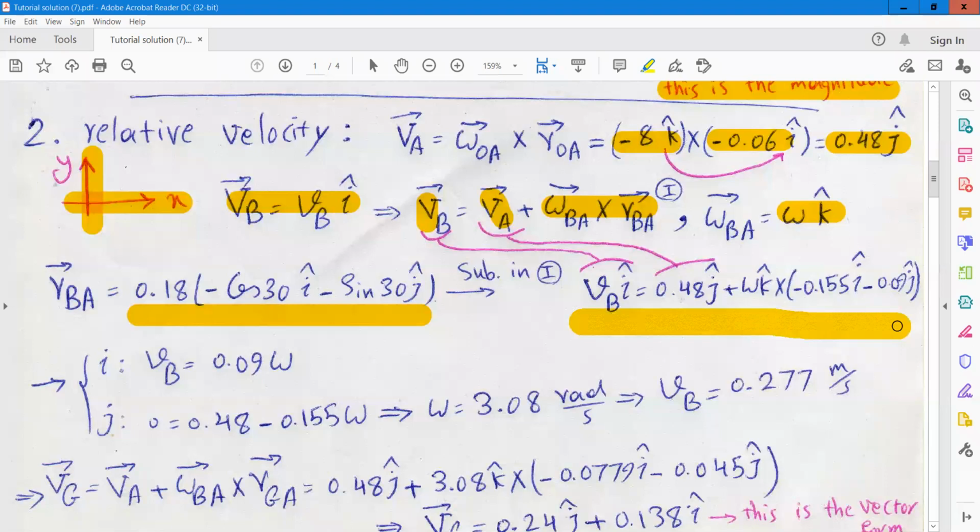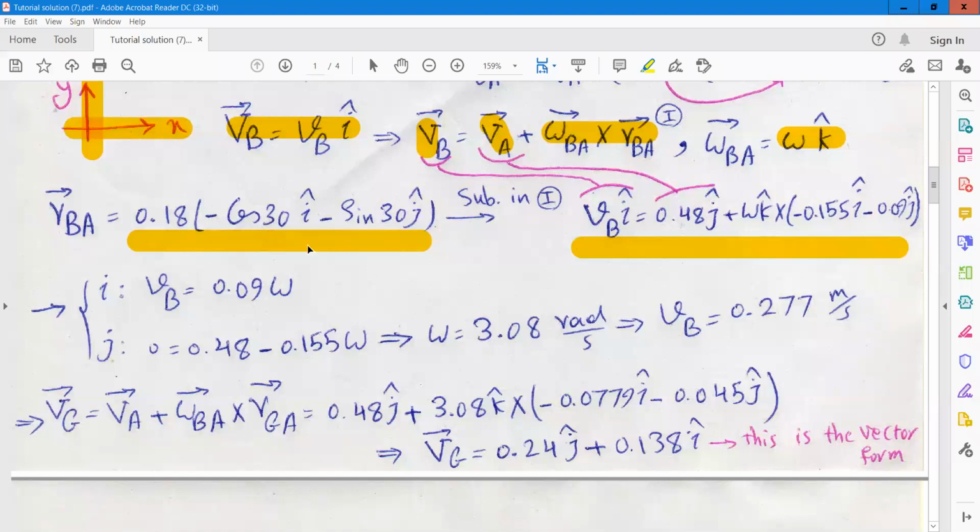As you know, this is a vector equation, which in fact is two equations with two unknowns. So you can solve these two equations at the same time to obtain the two unknowns. From the I component in the left hand side, we have VB, and from the right hand side of the equation, the I components will be